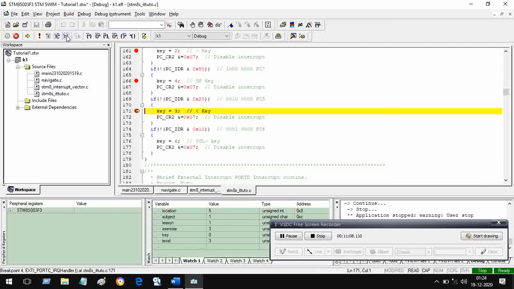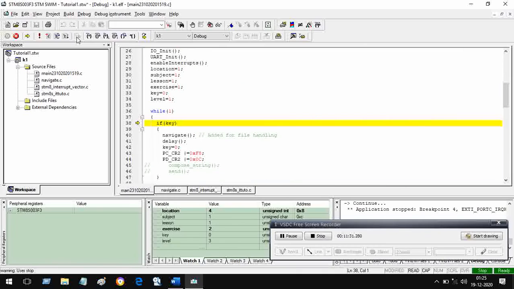So it will go back to the previous level. It means if I continue to run it, then this exercise will become 2. Let me do that. I have to move forward. So I move forward. Forward means the program control should move forward. And I will stop. So from exercise 3, I have come to exercise 2. Right?